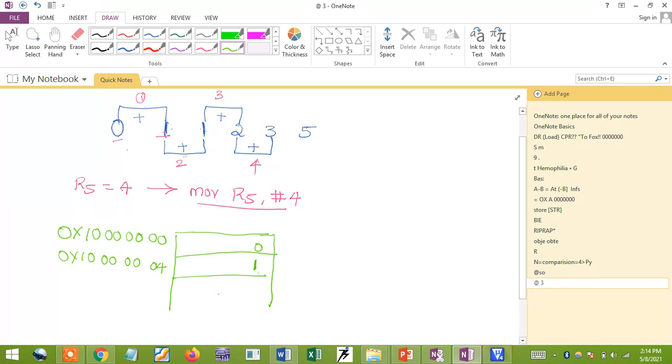First, I'm going to take the count R5 equal to 4. For explanation purposes, I'll store my values 0 and 1 in registers R1 and R2. R1 and R2 I'll add, and the result will be stored in the R3 register.